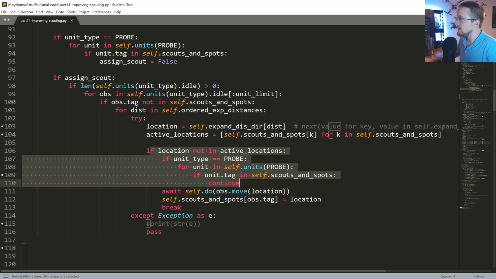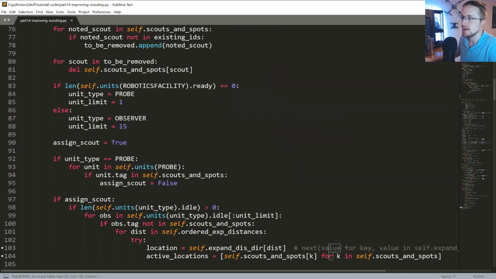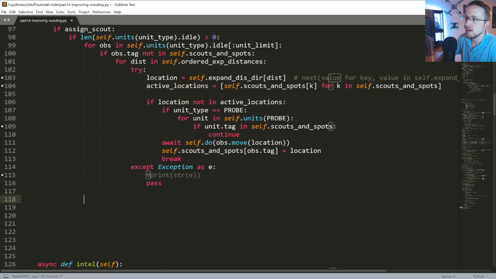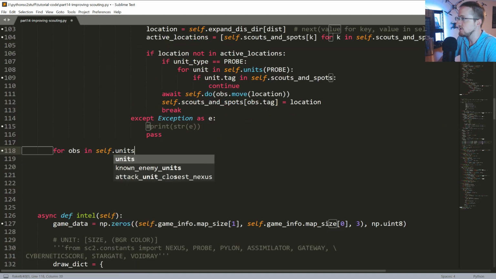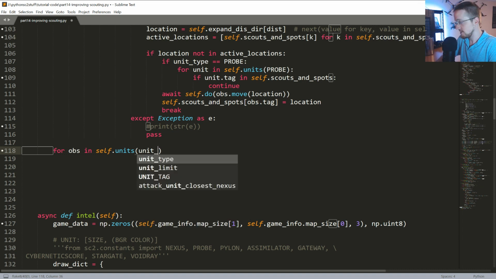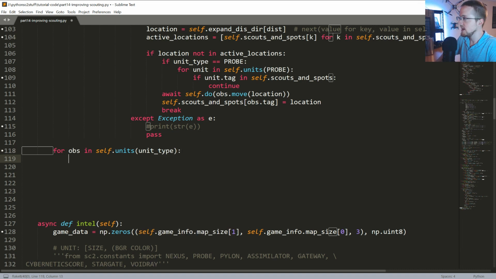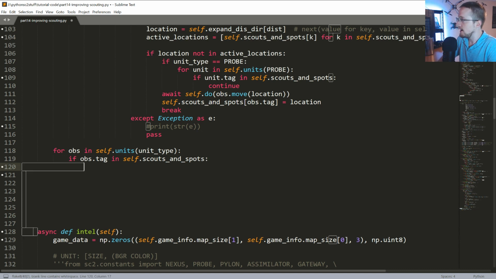So finally, the last thing I want us to do in this method is going to be in line here, so 2 tabs over. After we're done with assigning scout, what we want to do is for obs in self.units unit type, if obs.tag in self.scouts and spots, if obs in probe for probe in self.units probe,